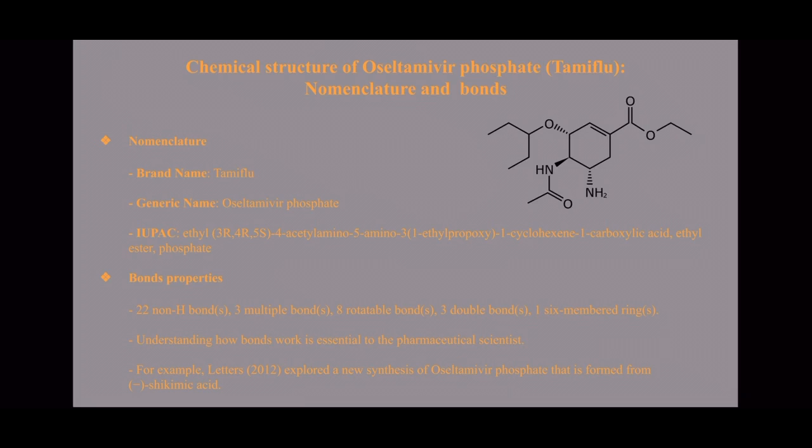We can generate from that many things that can give us a hint of how this compound looks chemically, what functional groups we have here, where those functional groups are located, and if we have a triple bond or double bond, where we can find these bonds. Therefore, let's talk a little bit about the bond properties in the oseltamivir phosphate compound that can be illustrated here. In this compound we have 22 non-hydrogen bonds, 3 multiple bonds, 8 rotatable bonds,